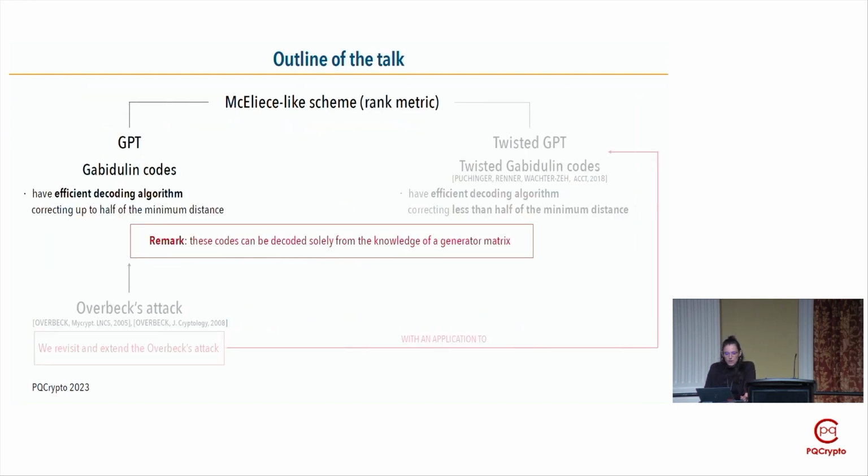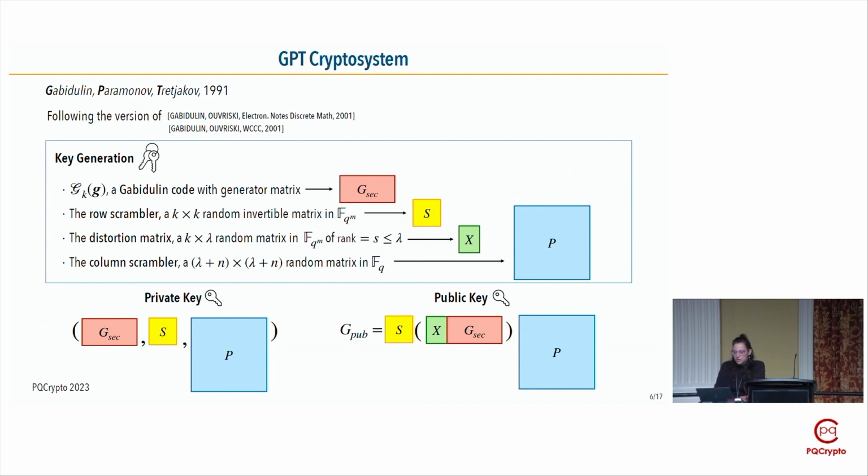OK, so let's now talk about the GPT system. It is a code-based scheme, a McEliece-like scheme. We have two keys. A private key, which consists of a generator matrix of a Gabidulin code, for example a Moore matrix. Then we have S, which is the so-called row scrambler, a random invertible matrix with coefficients in F_{q^m}. And then we have the column scrambler P, a random invertible matrix with